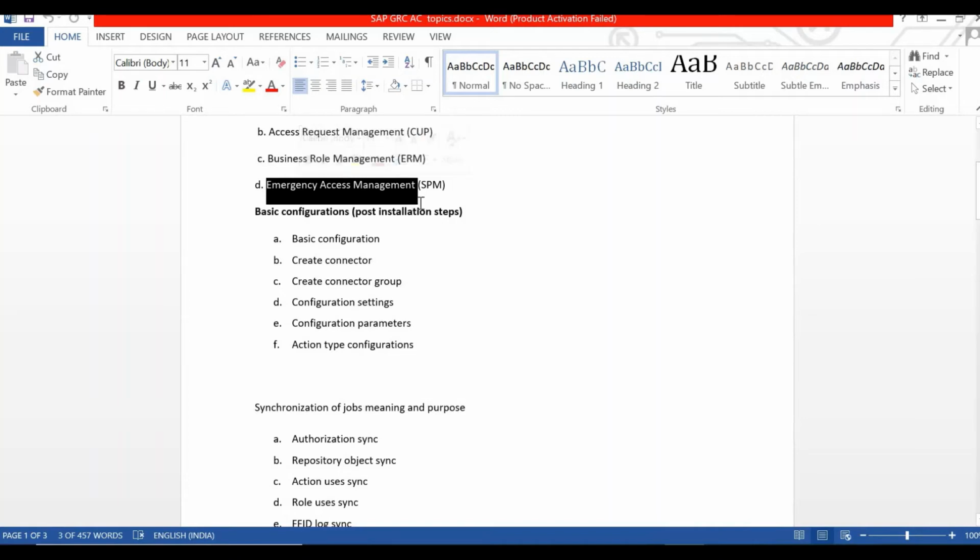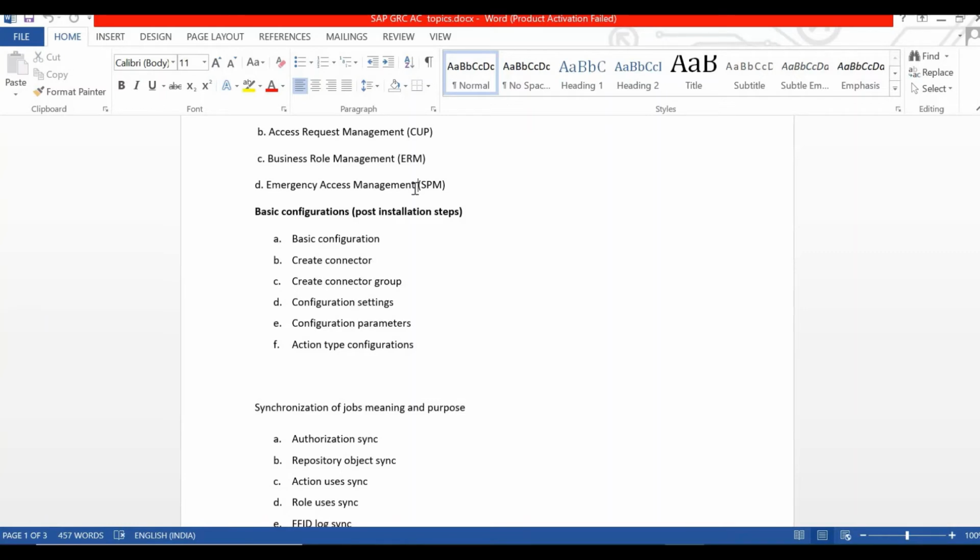So this we will automate with the help of GRC. If somebody is asking for emergency access, we don't assign it to his own ID, but we have a specific ID created in GRC which has the elevated access. So instead of his ID, he will use the firefighter ID. He will not get the firefighter ID directly. He has to request, and the firefighter owner and controller, two people, will decide whether to approve the request or not.